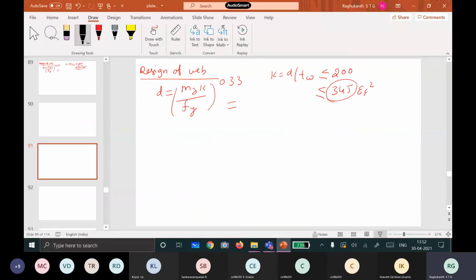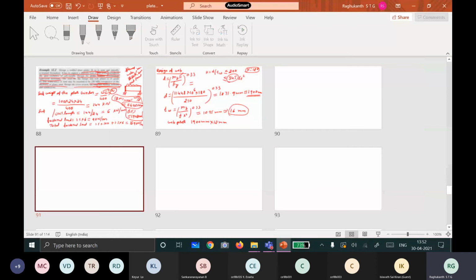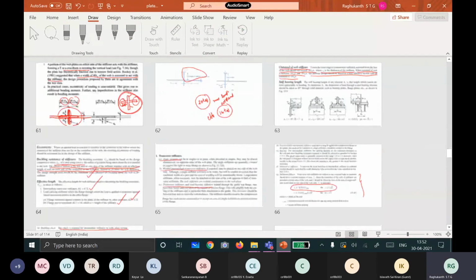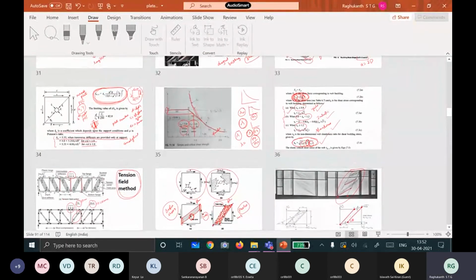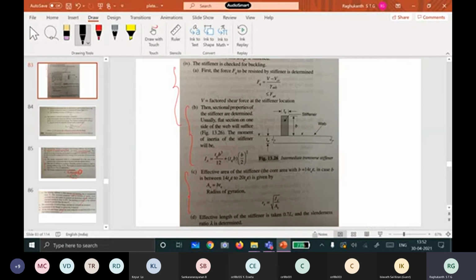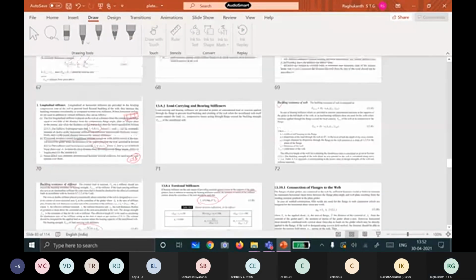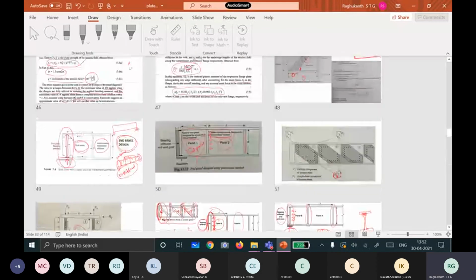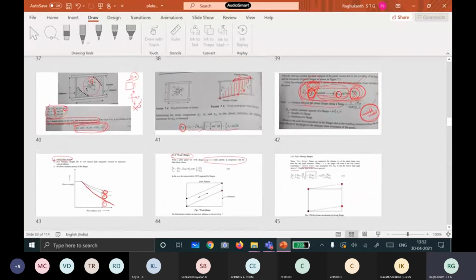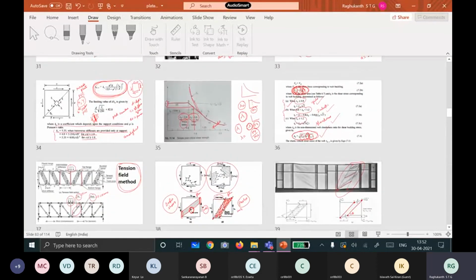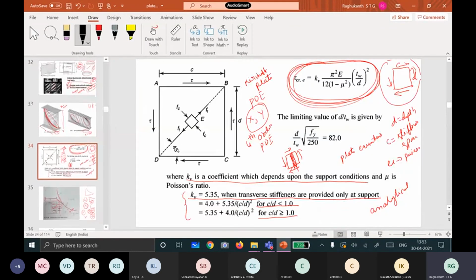If you see that slide, what is the value of k_v? Here no stiffeners have been provided, you are having stiffeners only at the supports.